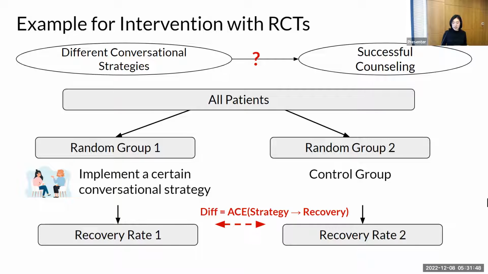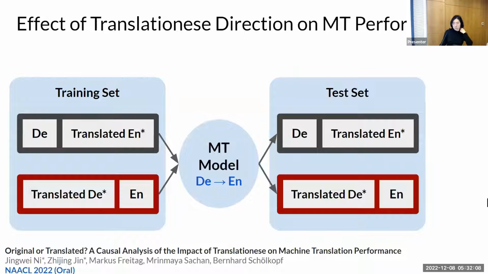But as we know, especially with patients like mental health patients, it could induce ethical issues if we try out different conversational strategies with risks. Some cases, just to complement this RCT style, could be less of a concern, but these are special cases within machine learning and not very generalizable to real world cases. In machine learning, sometimes we want to measure how a certain data property or training setting affects performance.